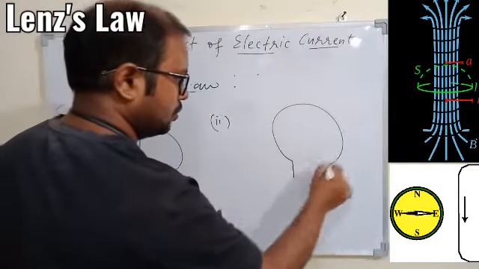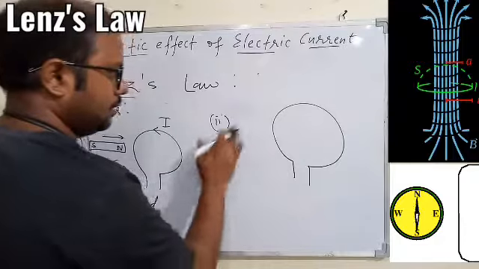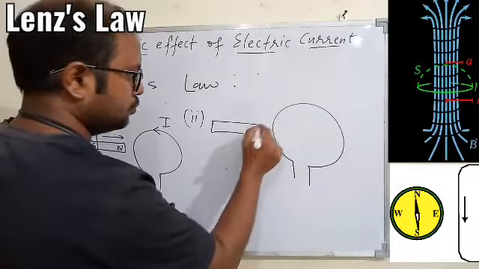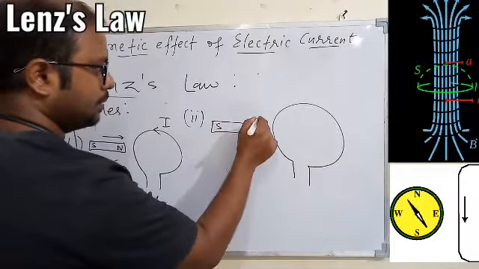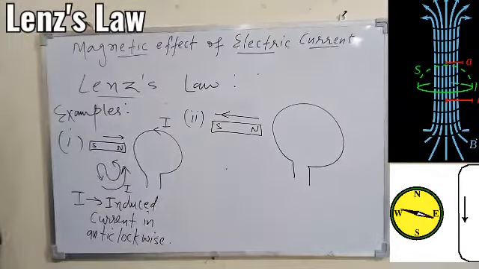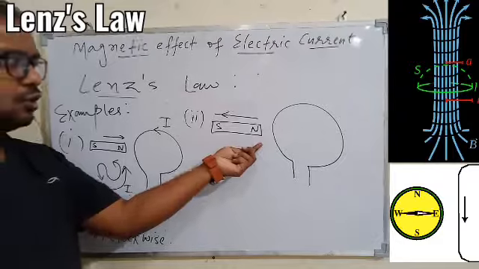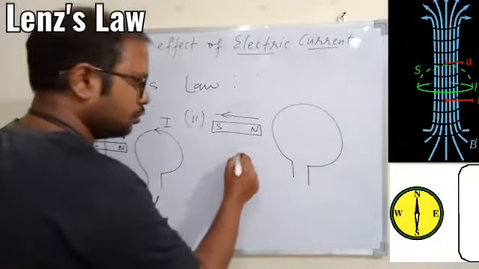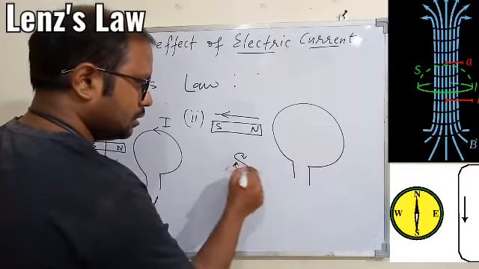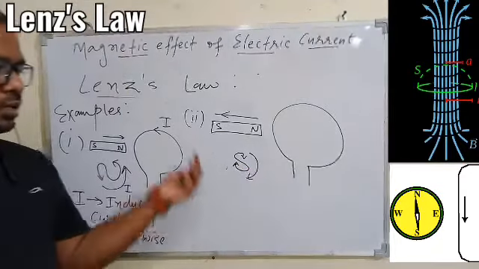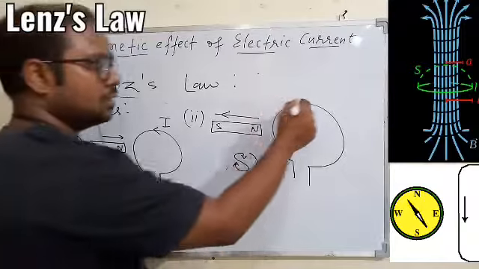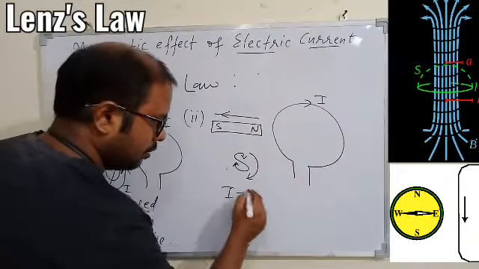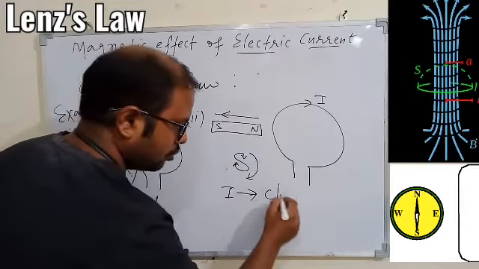let's take the coil, and again the magnet with the north pole this side, south pole here, but now the magnet is moving away from the coil, so it will try to attract. So north can be attracted by the south, so this front face should be south, and according to the clock rule, the face can be south if the current is clockwise. So here the current will be clockwise direction, so we can say I is clockwise.